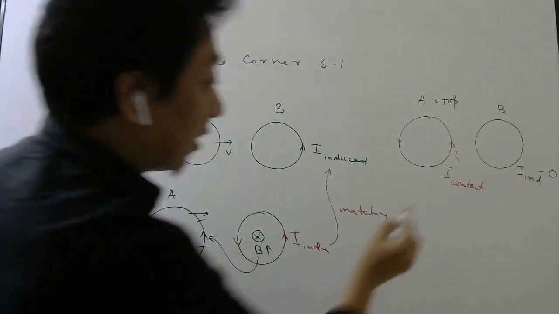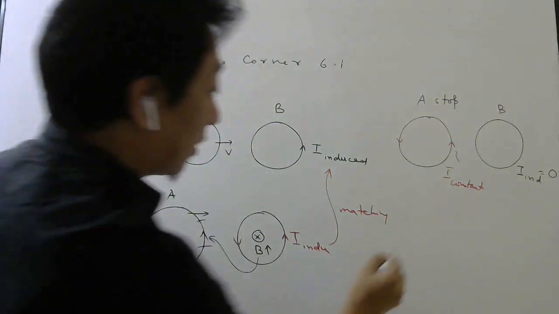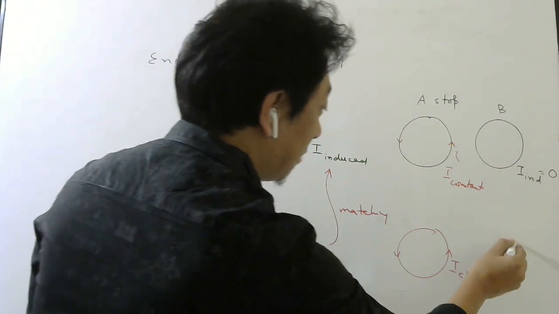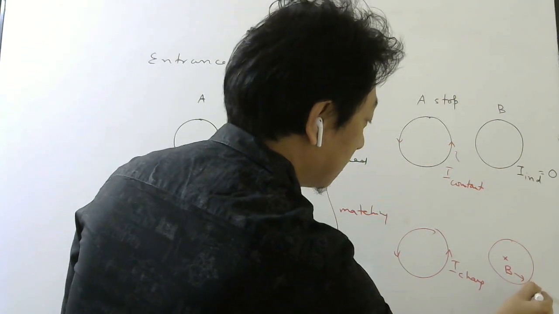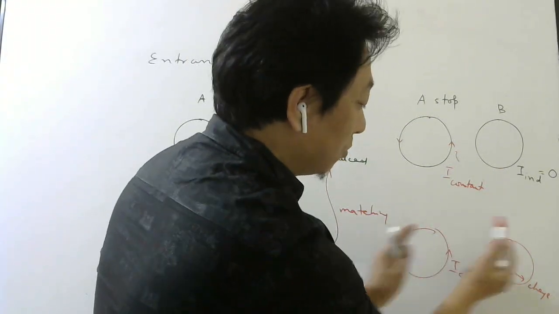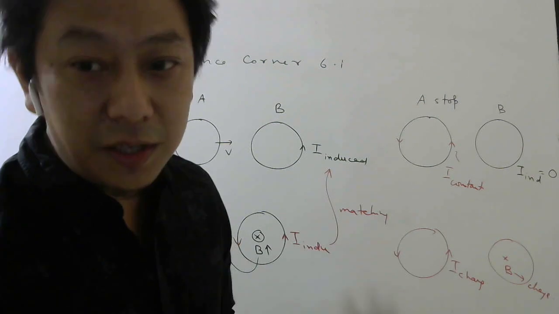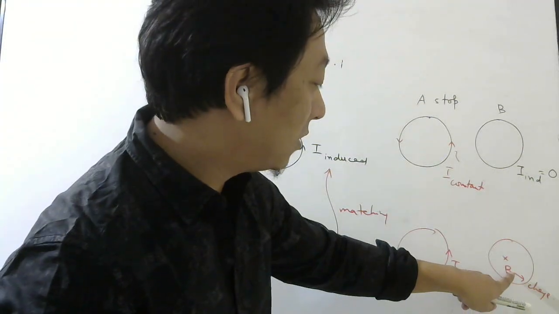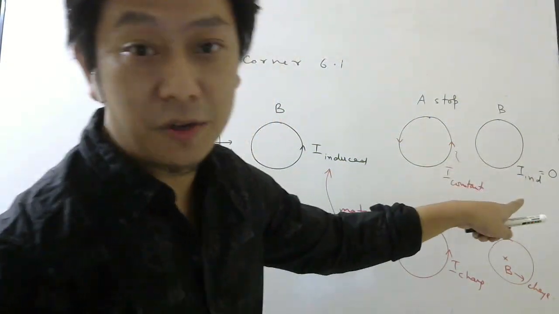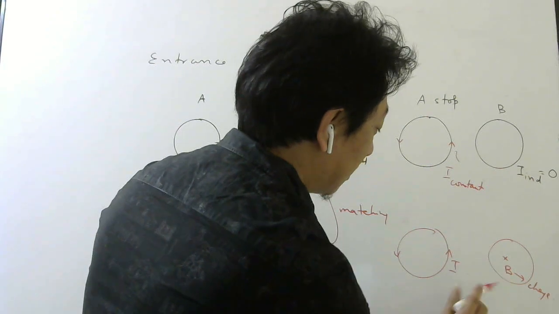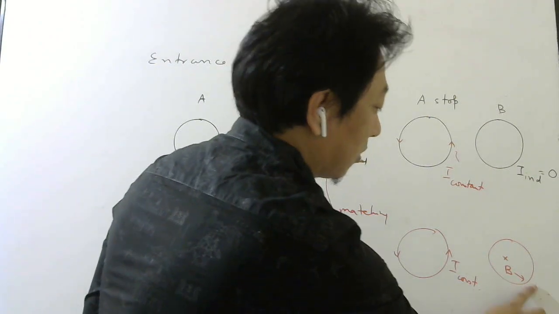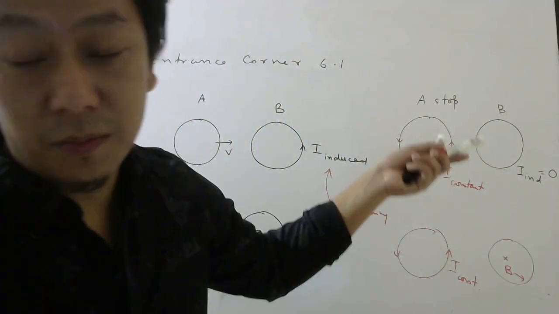Otherwise, what will happen? If current was changing, then magnetic field here will also change. You don't need to move this coil, because current is changing. Magnetic field will change with time. So if magnetic field will change with time, EMF will be produced in this loop, current will be produced. But they told current is not produced. Therefore, this current must be constant. Understood, students? Then this magnetic field will also be constant. Then there will be no current as mentioned in the question.